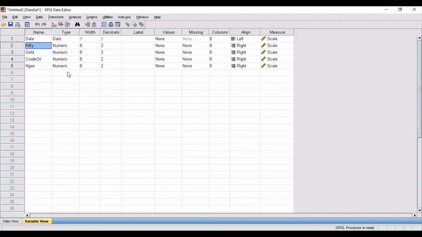One more important thing. How does one categorize all these variables in the variable view window, and what do type, decimals, missing values, columns, align and measure mean? I have already uploaded a video on these specifications and how to categorize the variables in the variable view window. So do watch that video before watching this video so as to clear your concepts on how to proceed with analysis in SPSS. Okay, so let's start with this one. As you can see, I have categorized my variables here.